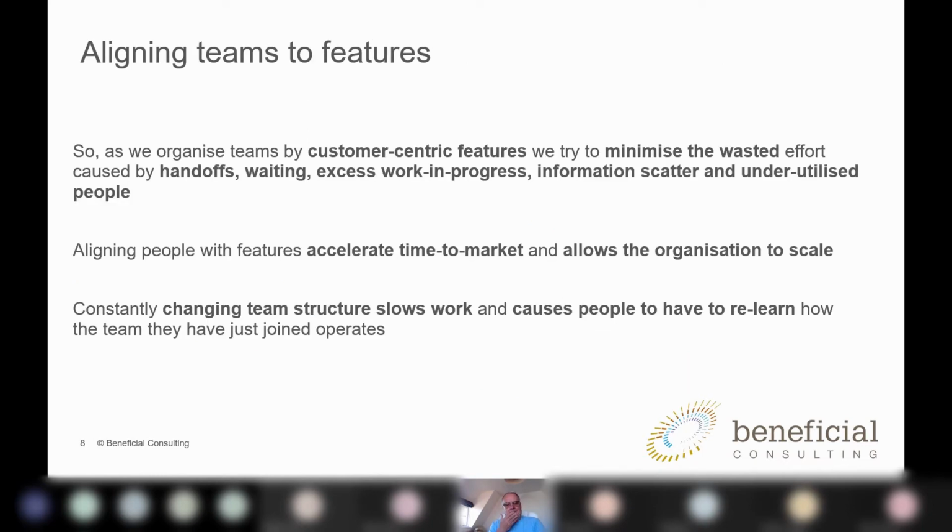So I think going back to this, aligning the team to the features, I think what you will find is that not all teams are able to produce work with customer-centric features. I've done some research into the Google environment, which is always quoted as being the epitome of agile-ness, if you like, across the world. And when you dig into that, not every team in Google is customer focused.